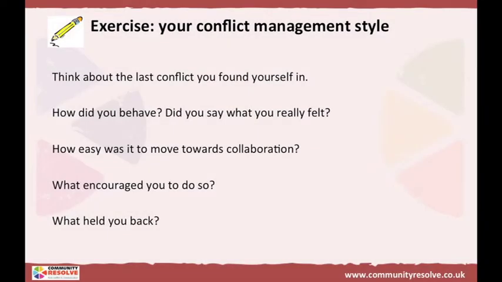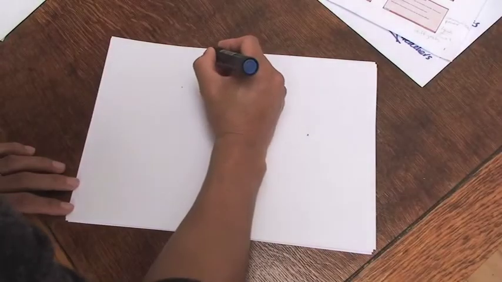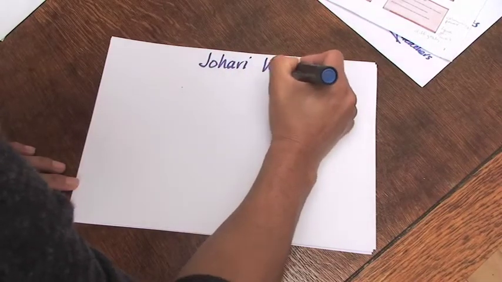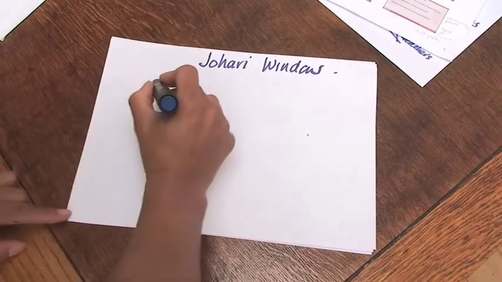You've just had a chance to think about how you yourself manage conflicts, how you respond in the first instance. And that's a very useful bit of thinking to be doing. And sometimes it's quite hard to have that thinking by yourself, and it's good to have that conversation with someone else. And in front of you here, you have a model called the Johari window, which is excellent for getting some constructive feedback about how you operate in the world.